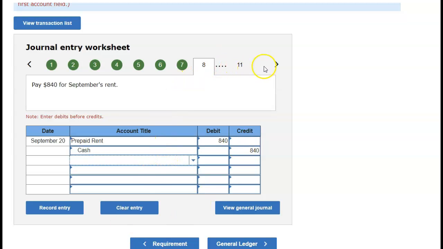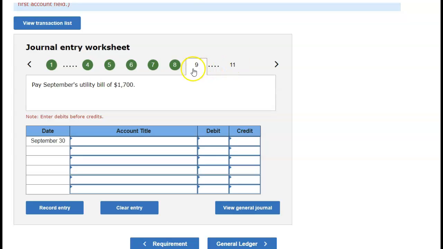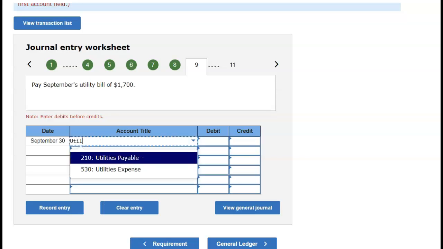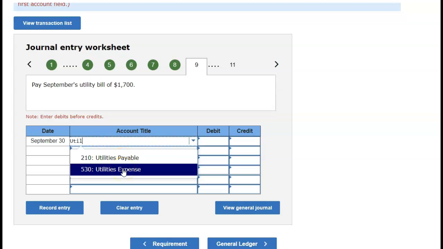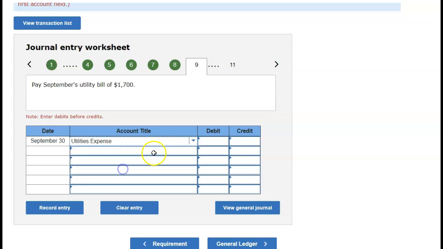Okay. How many more of these do we have? A few more. Paid September's utility bill, $1,700. Since there isn't a prepaid utility, which is very unusual, normally there isn't such a concept, but could be, we have utilities expense of $1,700,